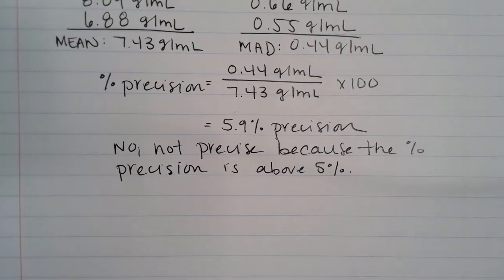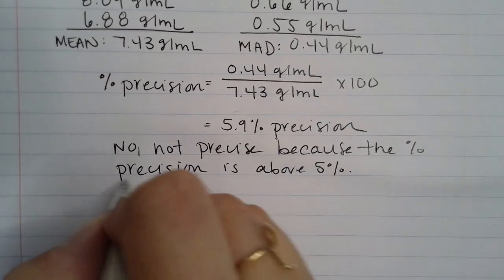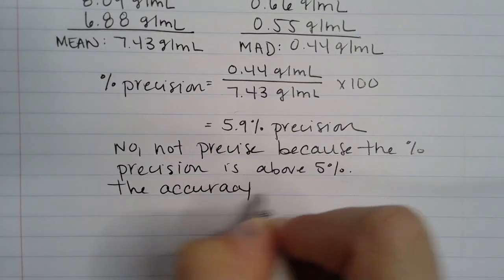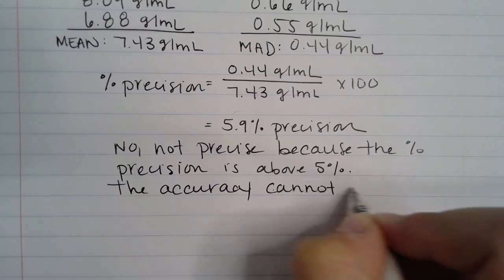Second part it's asking is, are the students accurate? Well, let's think about it. It says that the students were asked to find the density of an unknown metal. So if it's an unknown metal, do you know what the accepted value is? No, it doesn't tell you what it is, and you can't even look it up because the metal is unknown. So the accuracy cannot be determined